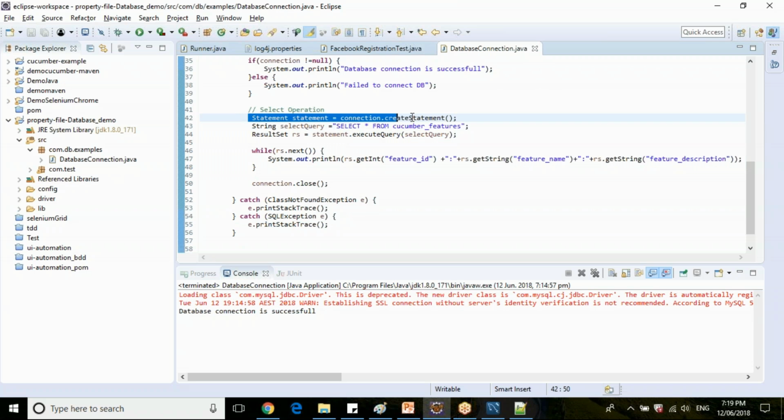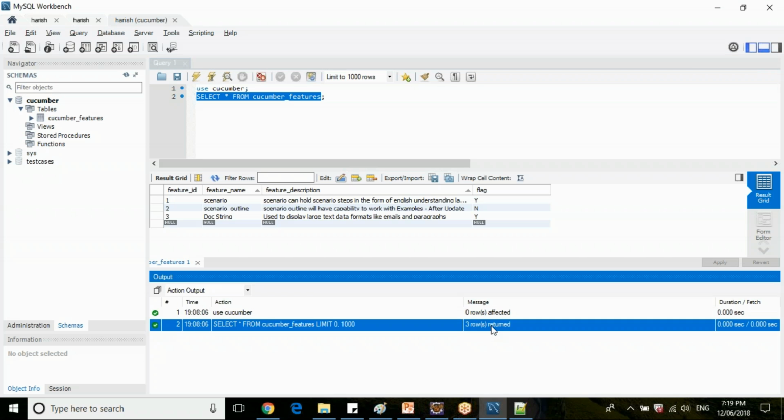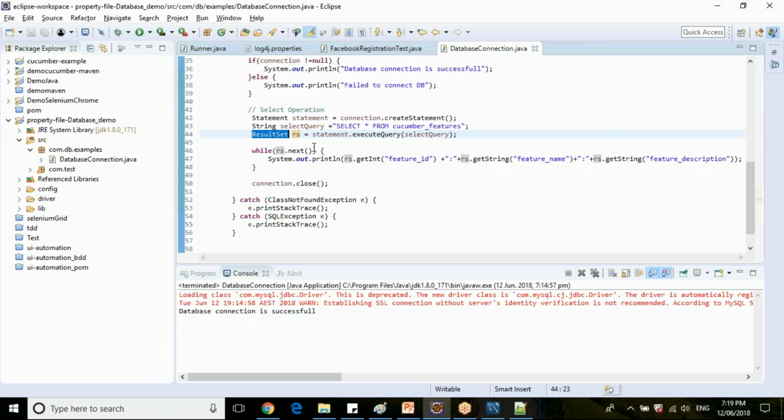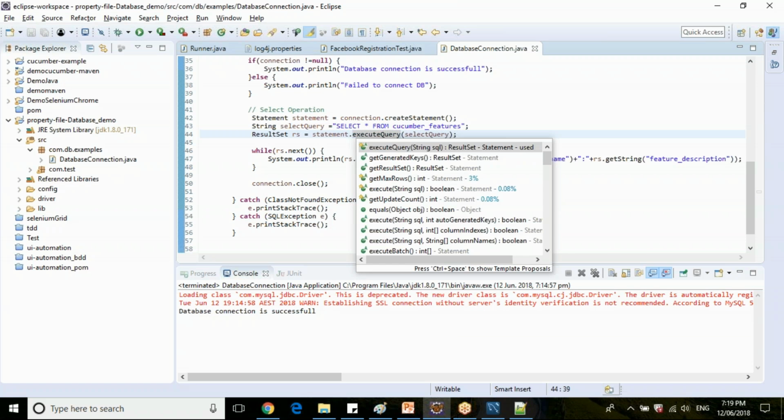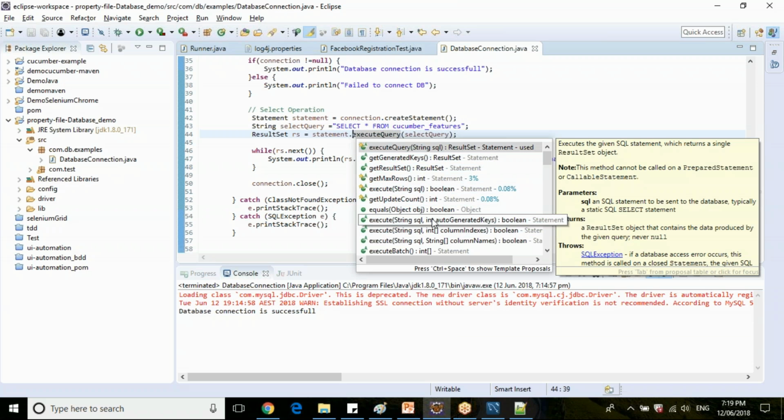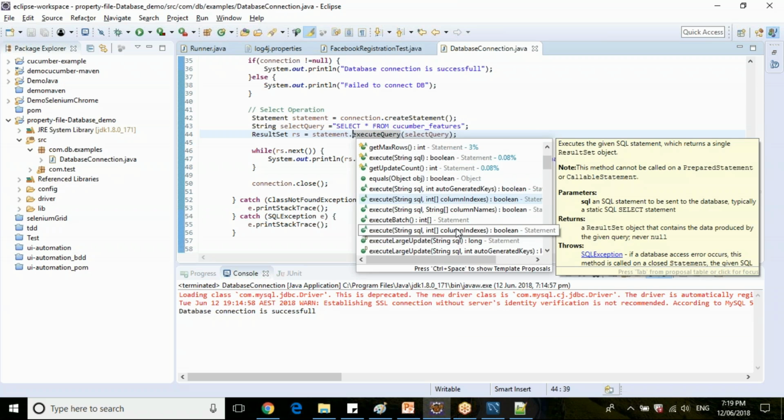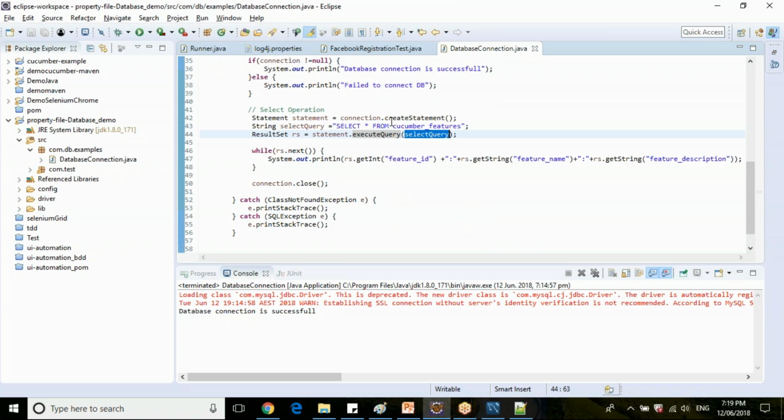So these are very simple steps for the select operation which is required to write in Java. Declare a statement with a connection instance, and write a query into a query string. Once your query string and statement are ready, then declare a result set. Result set is nothing but where you are storing your database values. If 3 rows are returned, the 3 rows you are handling in a result set instance. Then use the statement and execute the query. After statement, you will have some execute methods like execute SQL queries, auto-generated keys. A lot of options are available. For now, for just a select query, this method is used.